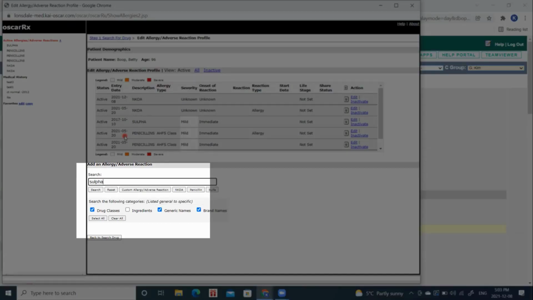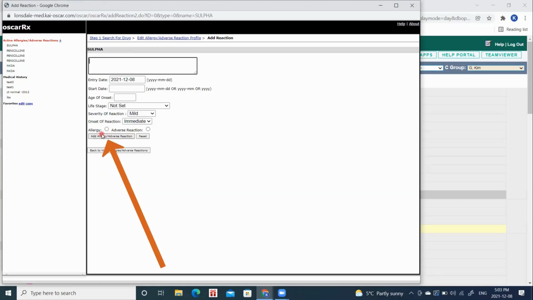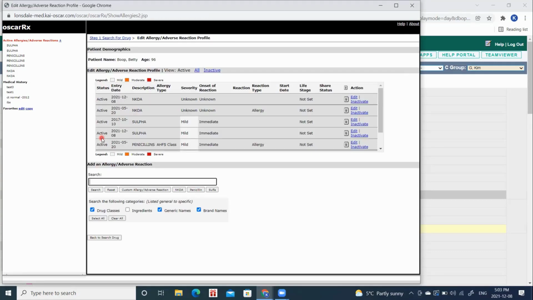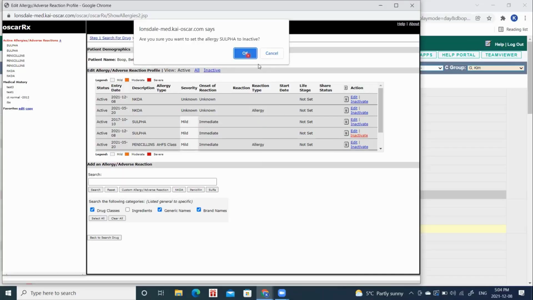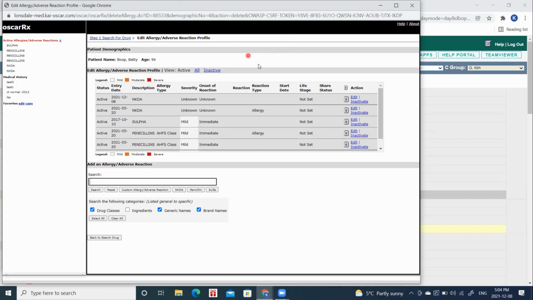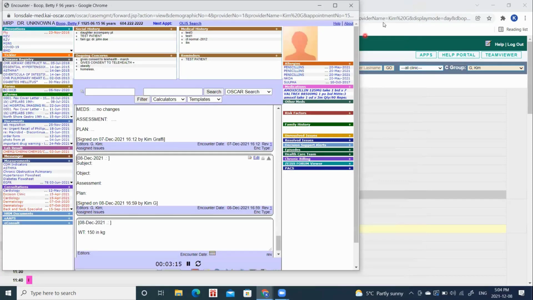Sulfa, custom allergy, and add. And now this is in the chart for today. If I notice that I have already entered this or there is an error, I may, of course, move over to the side and inactivate what I have just added by clicking inactivate and then OK. This now removes the extra information that I do not need, or in this case, duplicates. OK. Once I've completed this allergy add, I can X out of this page, and the new information should be